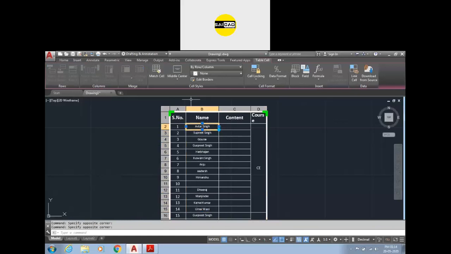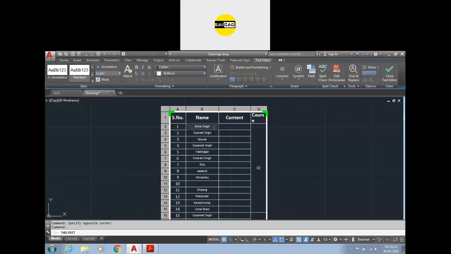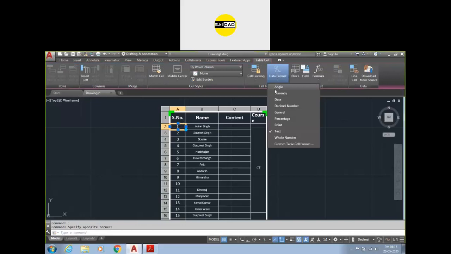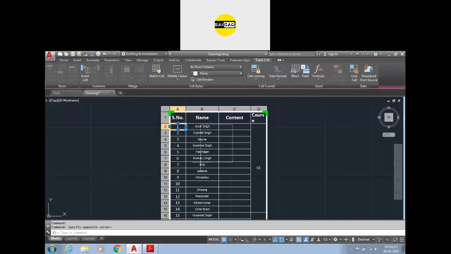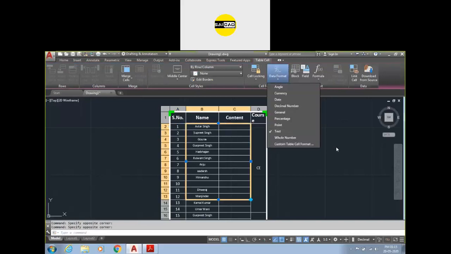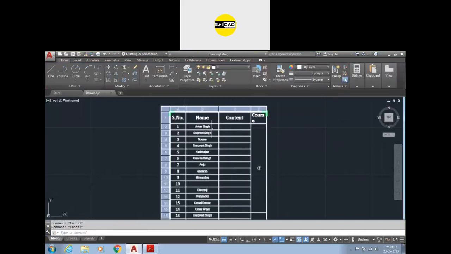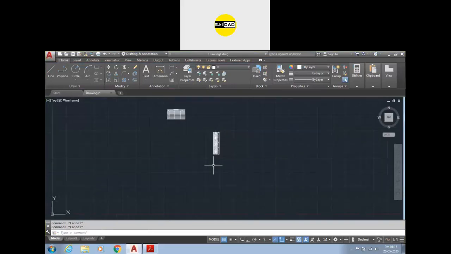You can just go to one, double click, it can be edited. You can just select here and edit everything from here. You can change everything from here. If you go to this one and want to change the format, you can just select the object and change the format. Nothing difficult here, simply Excel, it works like Excel.